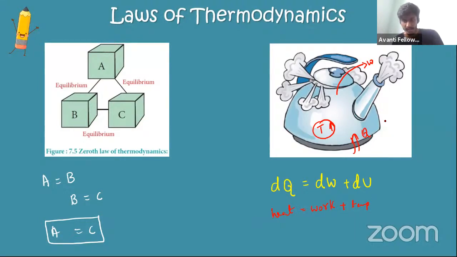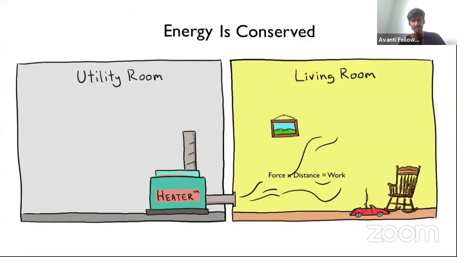Awesome. So okay, then moving on to conservation of energy. This principle is exactly equal to conservation of energy. Whatever energy you're providing will be conserved. So for example, if you are in a room and it's very, very cold and you want to make the room warm, what will you do? You'll put a heater, you'll take the heat from this point and you'll put it in the room. So this becomes more warm, but this room is going to become a bit cold. So it's conservation of energy.